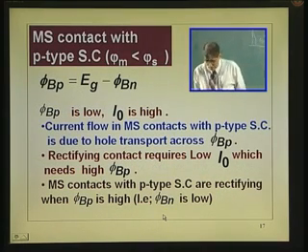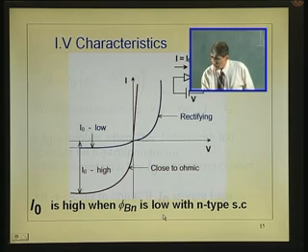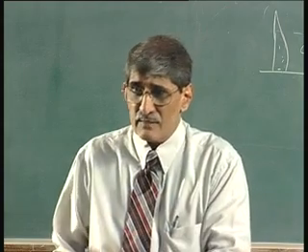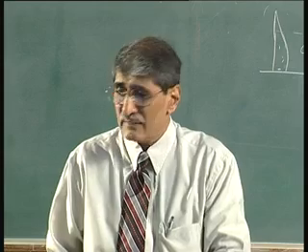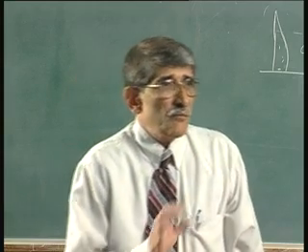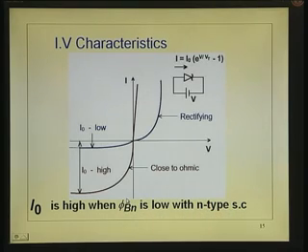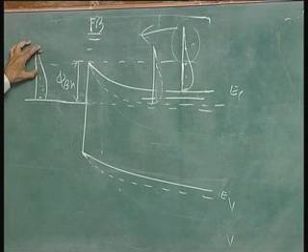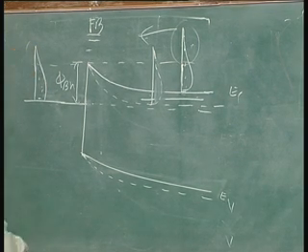Now, let me go back to this curve and discuss before I wind up everything. Ultimately, what we are talking of is the case of an n-type substrate. We will talk of the p-type substrate in the next lecture because we can't cover that now. So, here what we want to make is phi bn small for ohmic contact, so that I naught is large. And phi bn actually is governed by